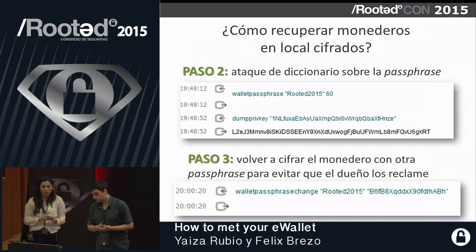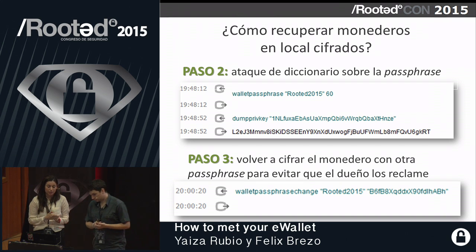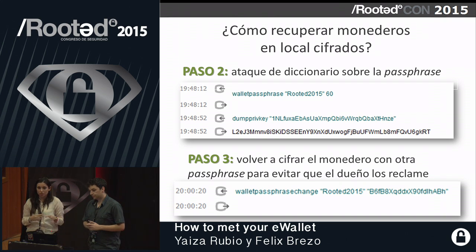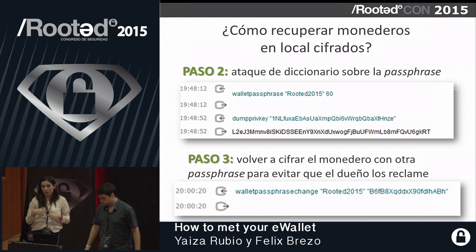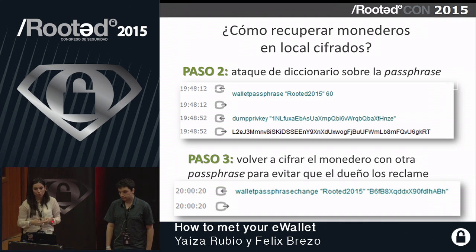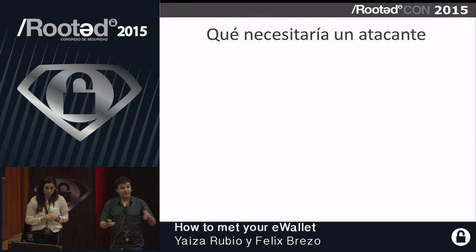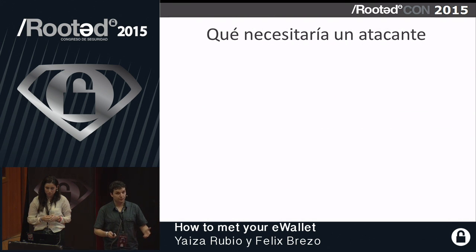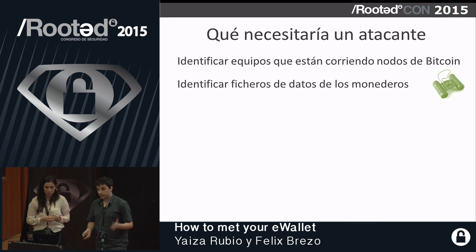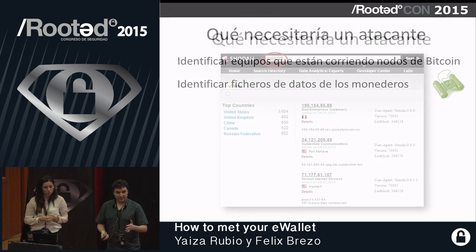And we will do brute-force attacks to access the password, and we can move the money to a different type of account. Lastly, the last step we can do is to re-cipher the wallet again so the legitimate owner can access it again. An attacker to steal these files needs to identify the